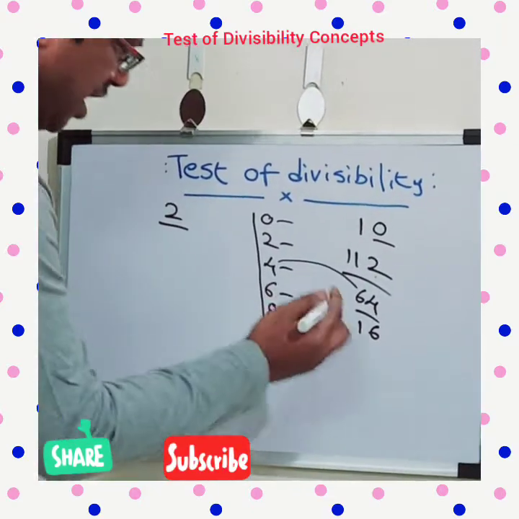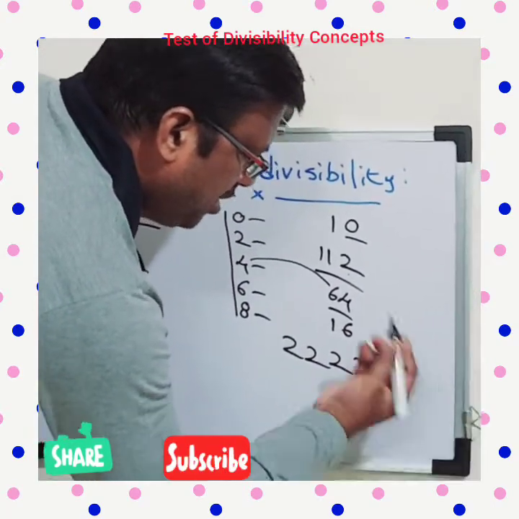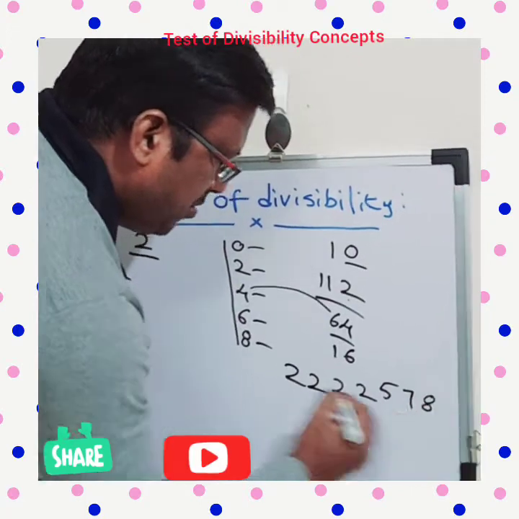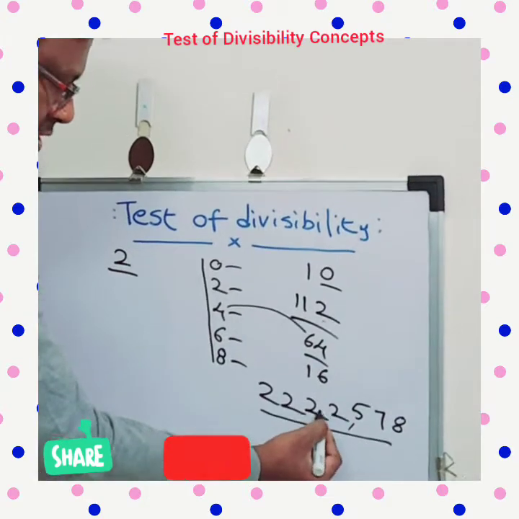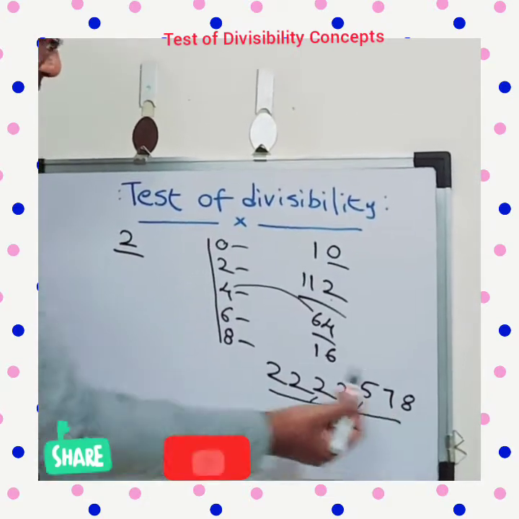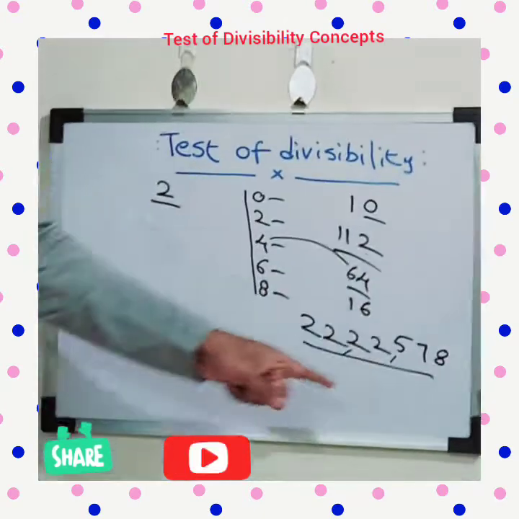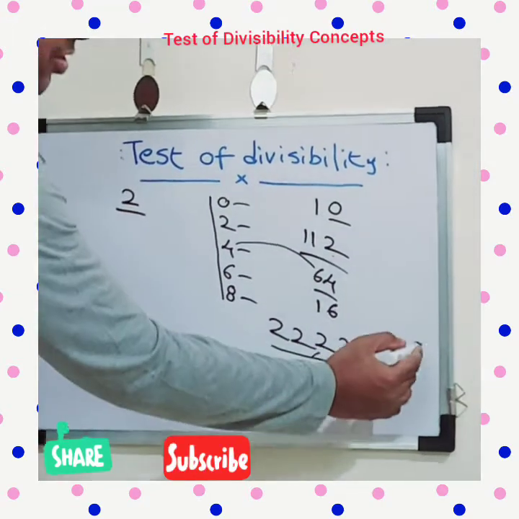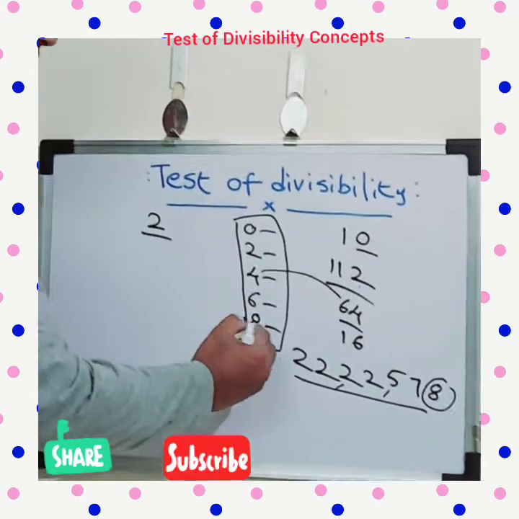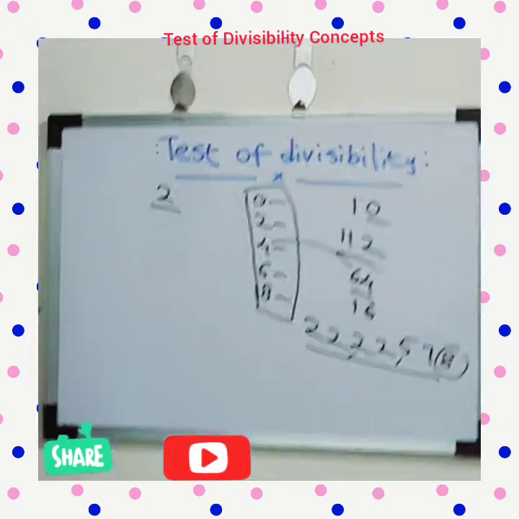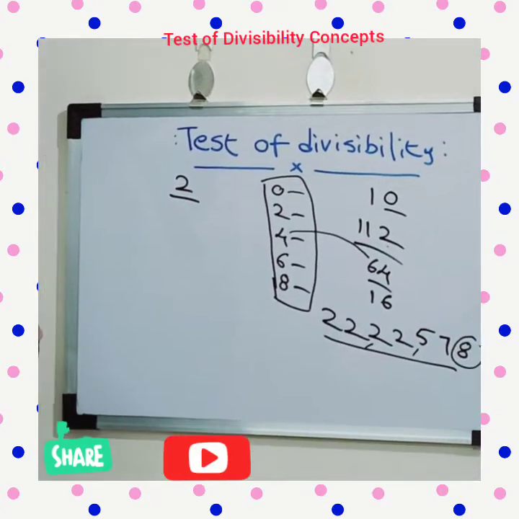Similarly, any big number, even if it is 5 digits, 6 digits or 8 digits, if it is ending with any of these numbers, for example 1000, 10,000, lakhs, 22 lakhs, 22,500. If you want to decide whether this number is divisible by 2, yes, this is divisible by 2 because its unit position number is 8. So the logic is: any number having 0, 2, 4, 6 or 8 in the unit position is divisible by 2.